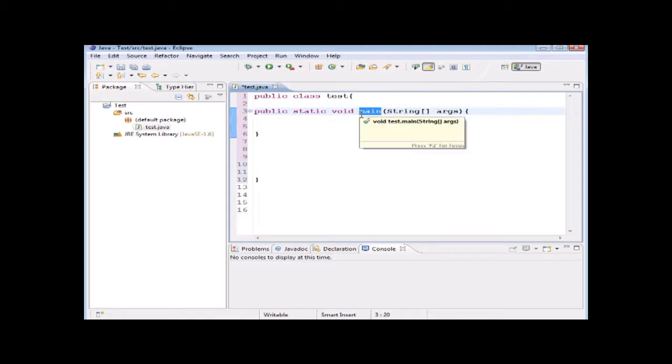So anytime you have a Java application and you tell it to run that application, the first thing it's going to do is look for this main method, and that's where it's going to start running first. And from there, it just goes line by line and starts running every single piece of code that you have in that main method. So the first thing we're going to do here is go ahead and create a couple